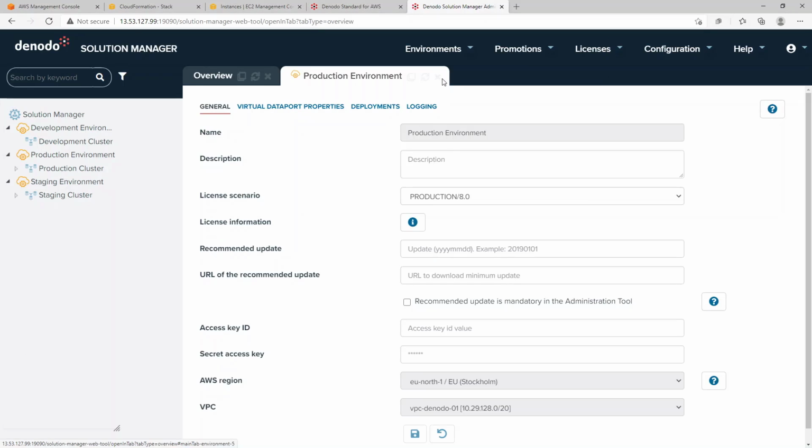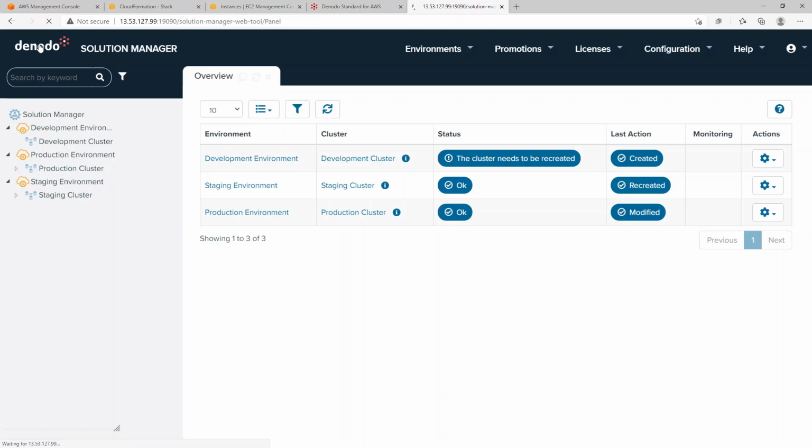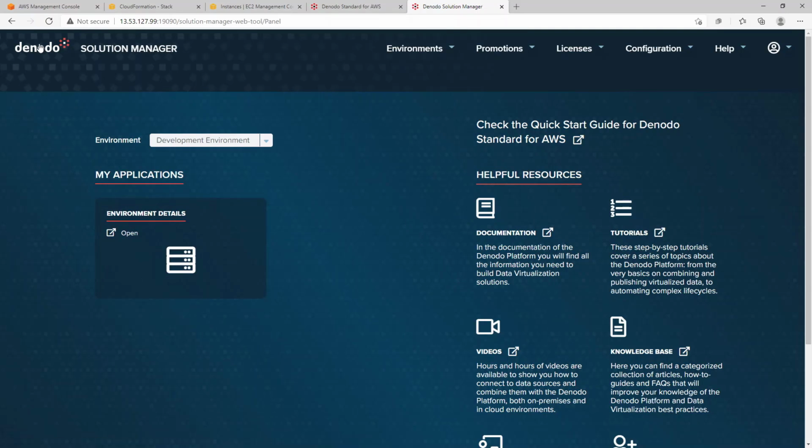When the cluster is completely created, click on the Denodo logo on the top left to go back to My Applications. This area provides a single point of entry to all the Denodo web applications for all the environments of your organization. Now, if we select an environment with a cluster already created, we will see the links to access the Design Studio and Schedule modules.